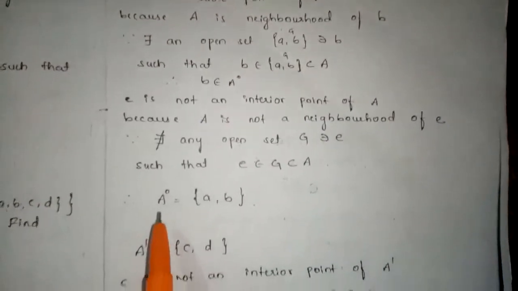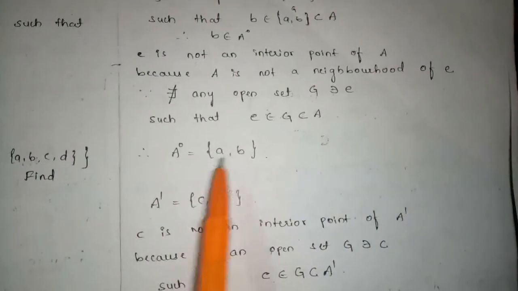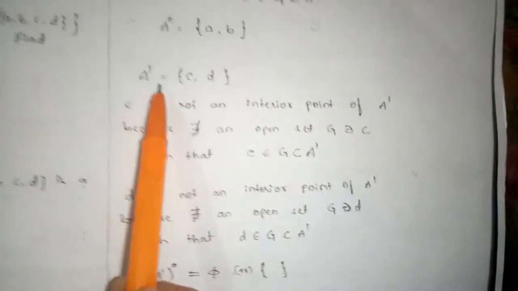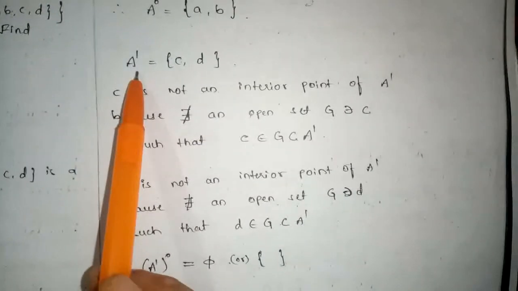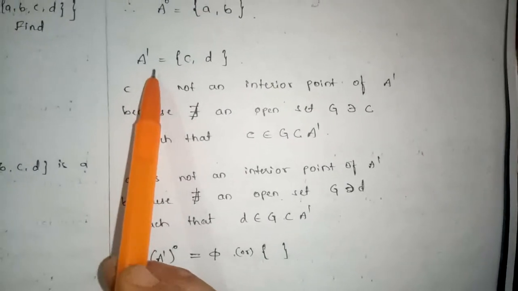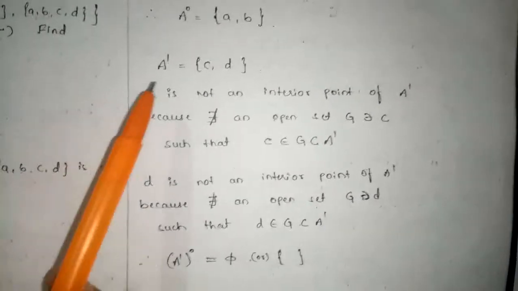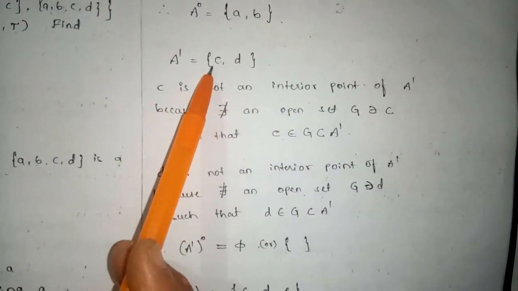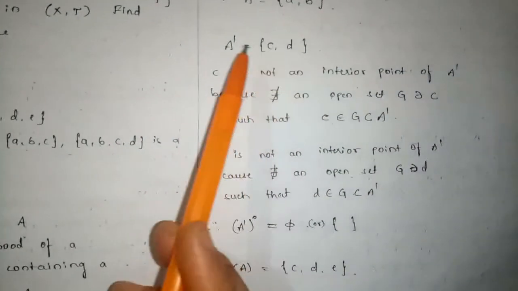Then what are the interior points? a is an interior point and b is an interior point. A naught = {a, b}. Next we observe the exterior points. What is an exterior point? An interior point of A complement. Therefore, first we have to calculate the A complement. If the set A = {a, b, e}, then A complement = {c, d}. Let us observe whether c is an interior point or not, and d is also an interior point or not